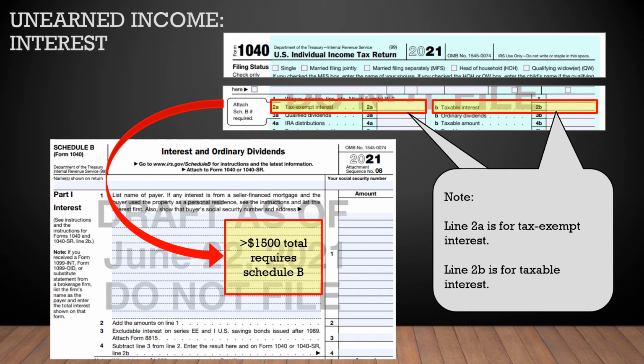And then also, if there's more than $1,500 total of interest income, Schedule B will be attached to the return. In TaxSlayer, the entry is in the same spot, and the software will generate Schedule B if it's required.